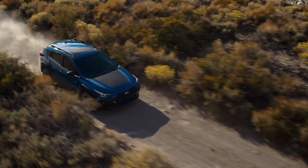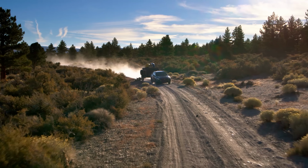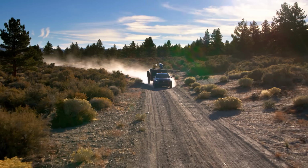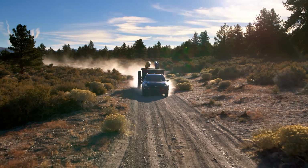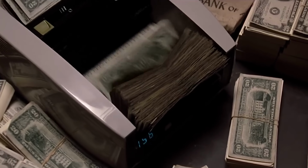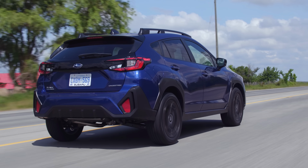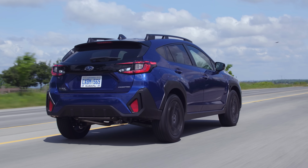Yo, there's going to be a wilderness version. And I saw the footage, and it's towing stuff up a mountain. That's what everybody's going to do with these. Except, I looked at that mountain road, and it looked like a very smooth road that was just in a mountain. Yeah, it's straight up going to be that Scarface meme printing money with the wilderness. Push it to the limit. Probably every edition. And people eat these up. My neighbor literally just ordered one of these. Okay. It's coming in on Monday, and my other neighbor had bought a Cross Trek like 5 months ago,